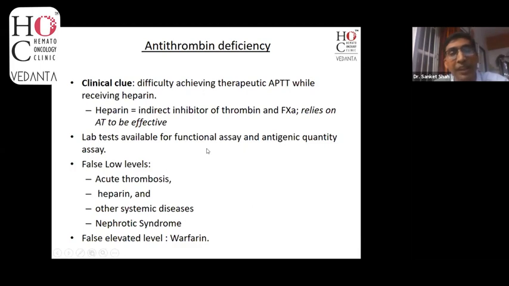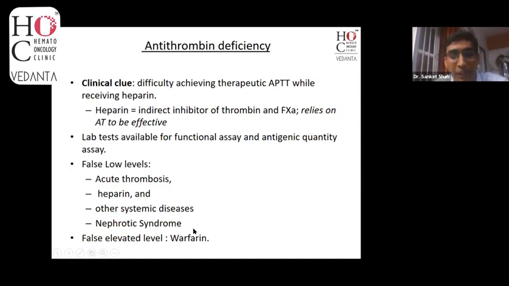Lab tests are available in the same way, a functional assay, and if it is abnormal, you check with the antigenic quantitative assay. False low levels of antithrombin occur in acute thrombosis, heparin treatment, well, it is utilized by heparin, and other systemic disease such as nephrotic syndrome. And for those who are on warfarin treatment, the level is elevated or it comes to normal. So if you are on warfarin, testing the result and the result comes to normal, still you have to recheck